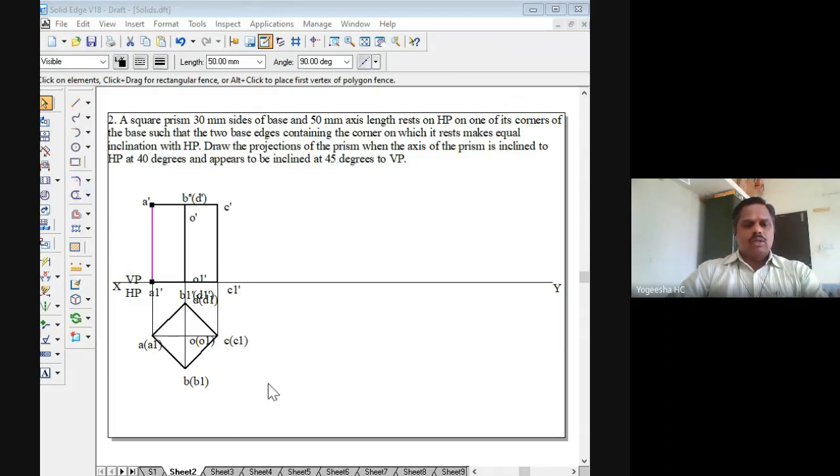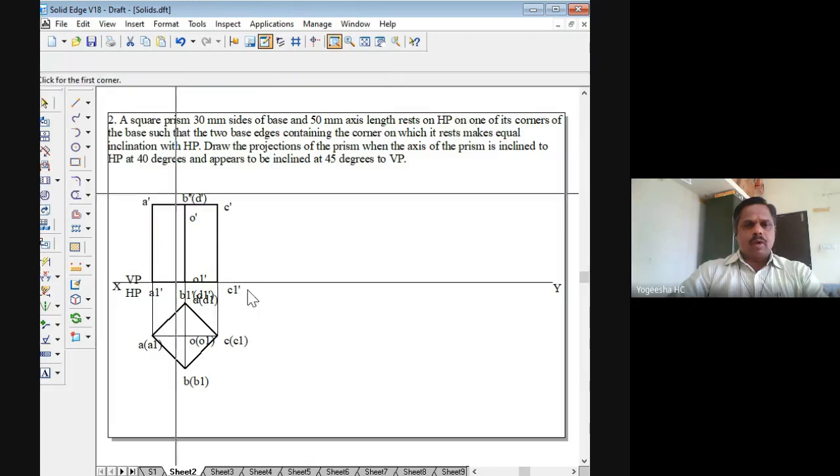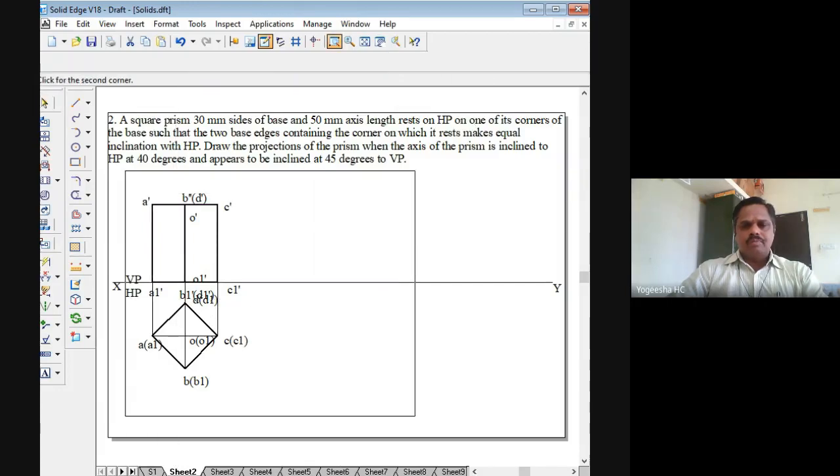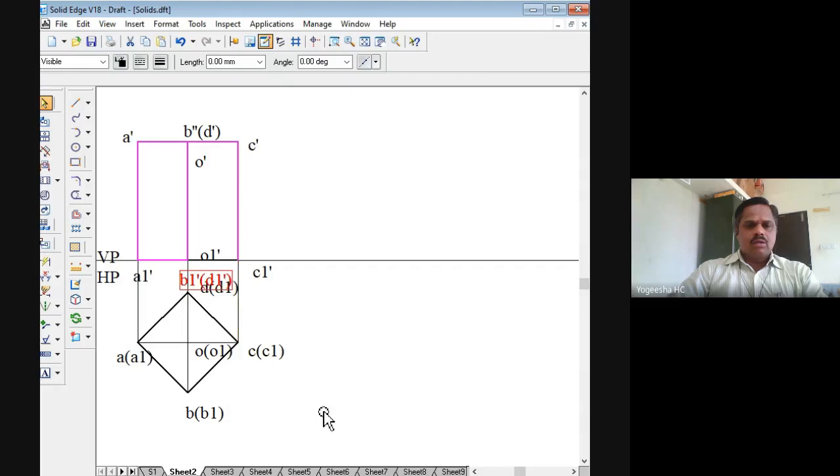I will hold down the control key and click these various lines, this one, this line, and this line. The bottom lines also I will select, right? I have selected all those lines. If it is not visible properly, you can always zoom. I'll zoom so that I'll have better control.